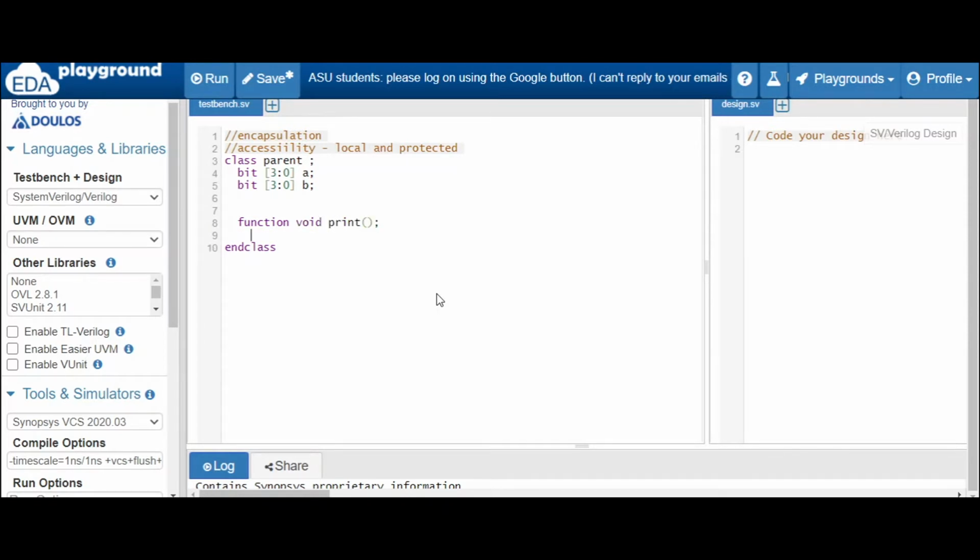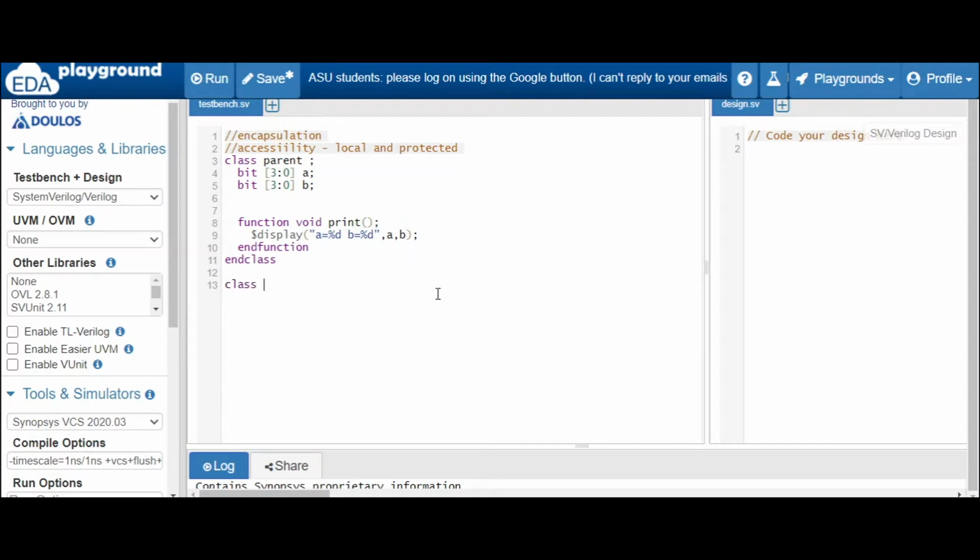Let's display this value: $display a is equal to %d, b is equal to %d, value of a, value of b. Okay, and let's do endfunction. So far so good.